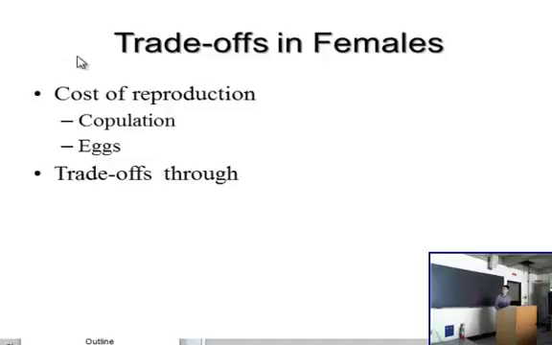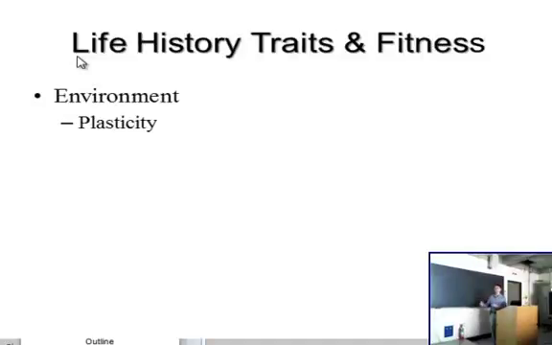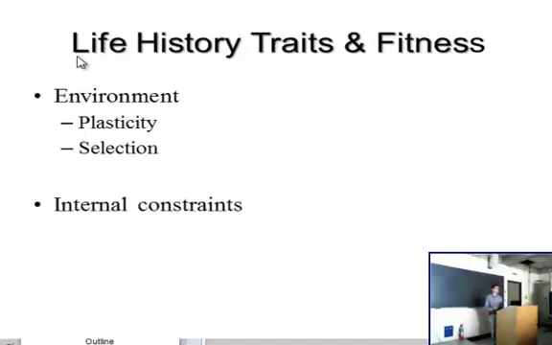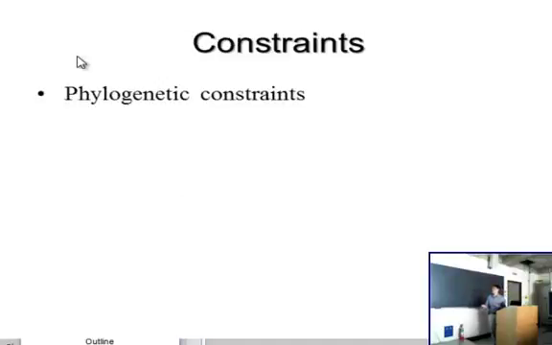The effect of the environment on the lifespan and the timing of these life events. Also, natural selection is expected to act on life history traits and drive the evolution of adaptive trade-offs and other traits in the organism. In addition to the environment affecting the life histories of organisms, there are internal constraints inherent to every organism. One of these constraints is a bias based on the evolutionary history of that organism. So it's constrained by its ancestry.